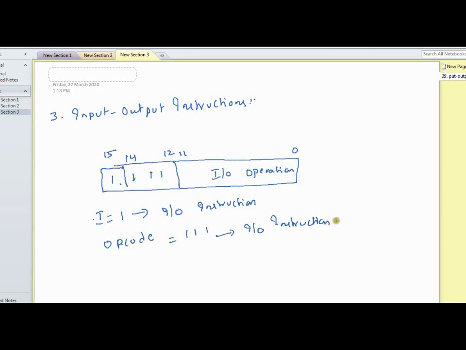These assumptions we have to make before designing the instruction set, before assigning the binary code for each different instruction. There should be some sort of differentiation, and this is the differentiation we have assumed. If the 16th bit is 1 and bits 12, 13, 14 are 111, then it is called an input output instruction.